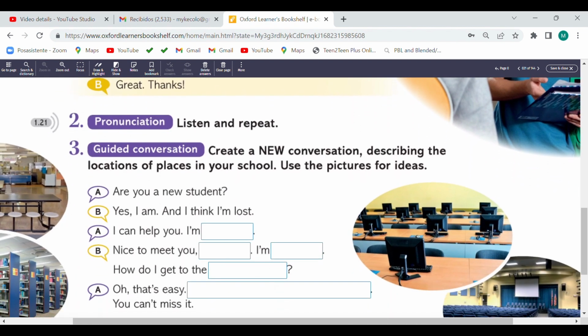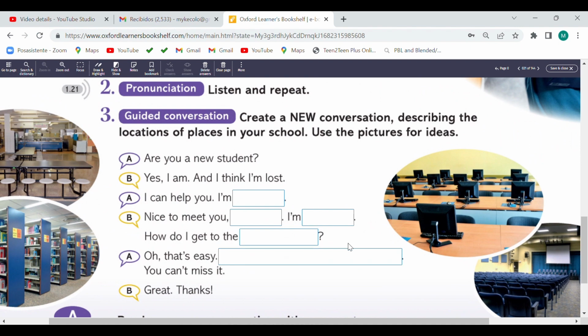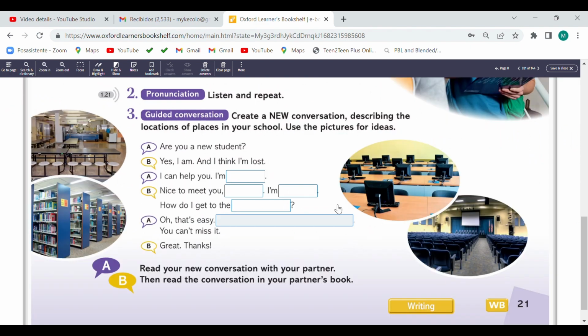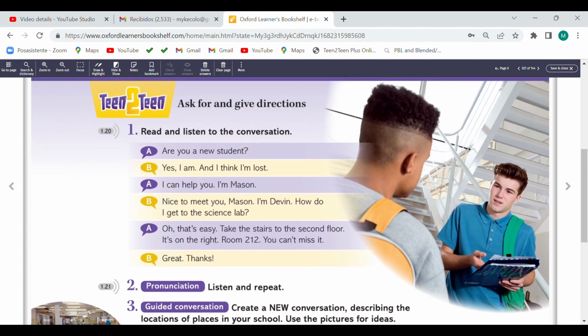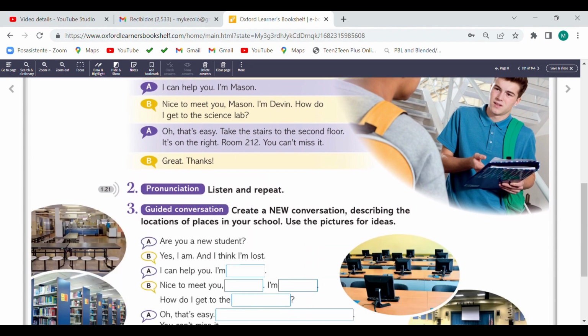And now, exercise number 3, guided conversation. Create a new conversation describing the locations of places in your school. Use the pictures for ideas. Entonces ahí vemos esto. Podemos completar con las ideas que están por acá arriba.